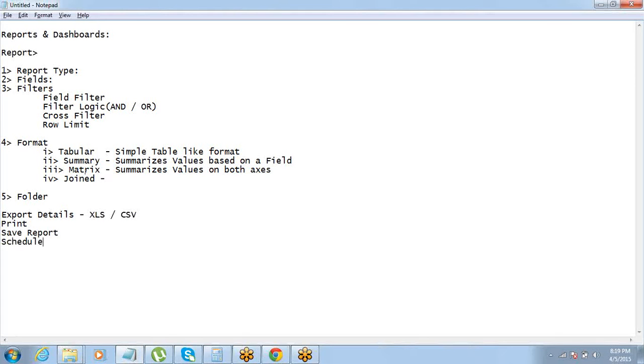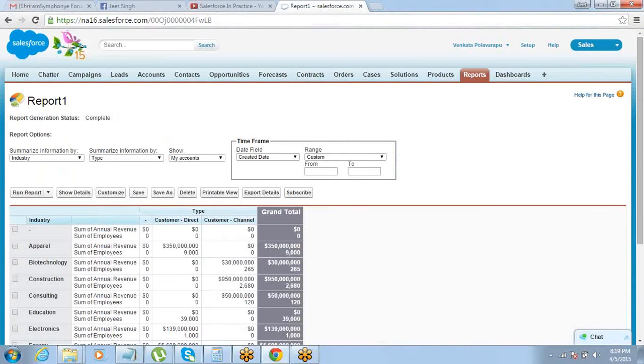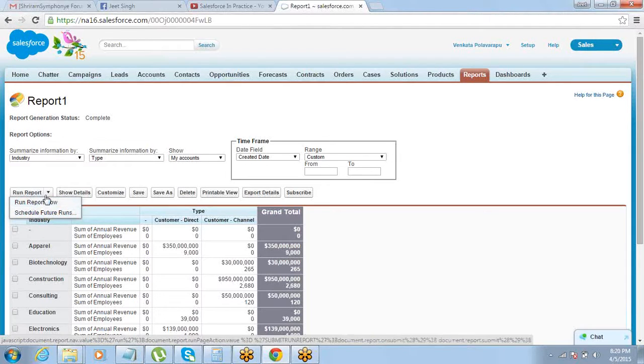which is scheduling a report. Scheduling a report means if you have saved a report, you can define a frequency, as I told you. If there is a report which your manager wants every Monday morning, and you know that process can be automated, don't you think that will save a lot of time and effort, and make the process a lot smoother? So Salesforce has that report scheduler option available. It's here. You say run report, then schedule future runs. So just go to run report and say schedule future runs.